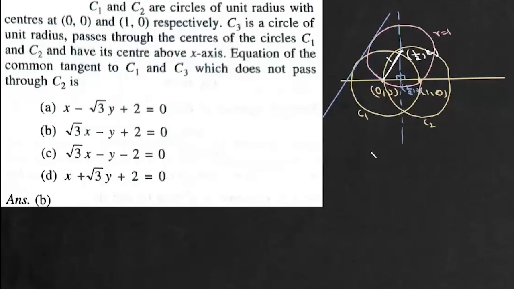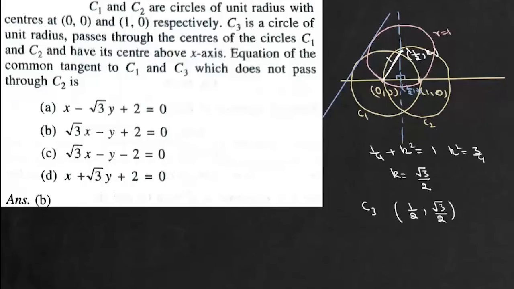So we'll get 1/4 plus k square equals 1, or k square is 3/4. The value of k is plus minus root 3 by 2, and since this center lies above the x-axis, it is root 3 by 2. So the center of this third circle will be at (1/2, root 3 by 2). Now since both the circles have equal radius, this tangent will be parallel to the line